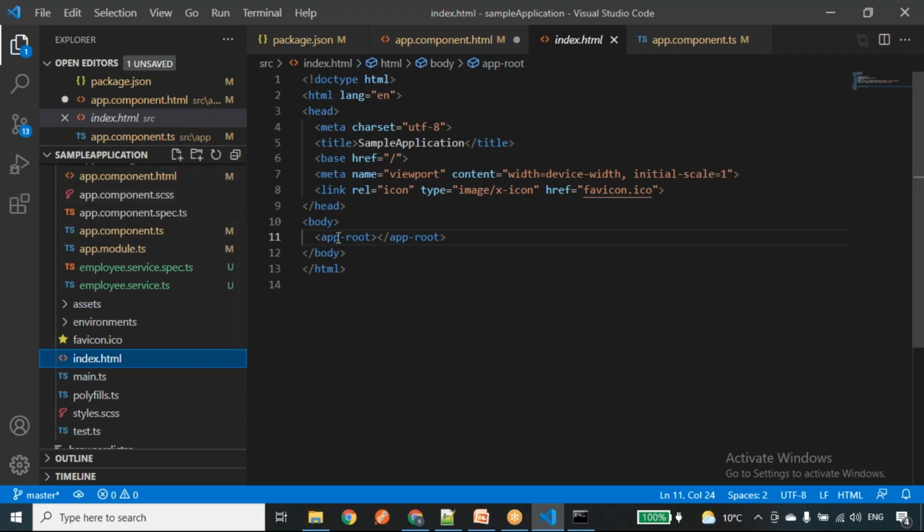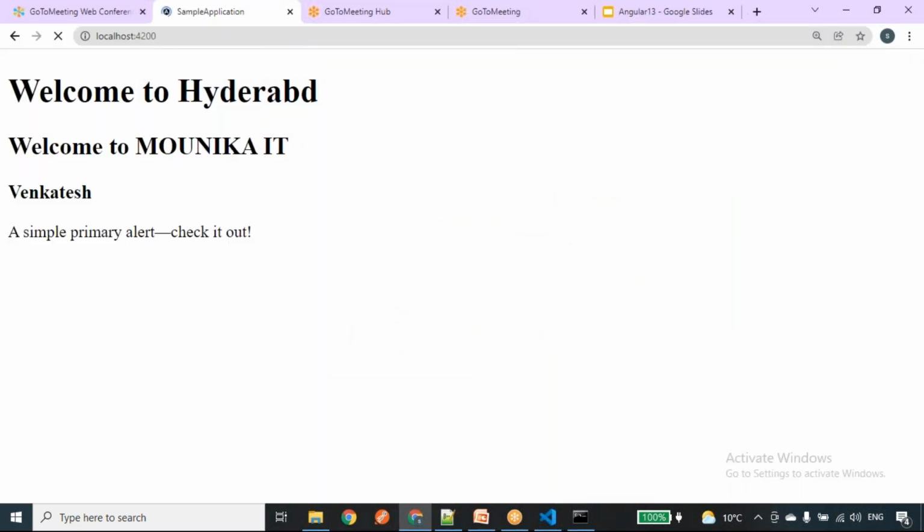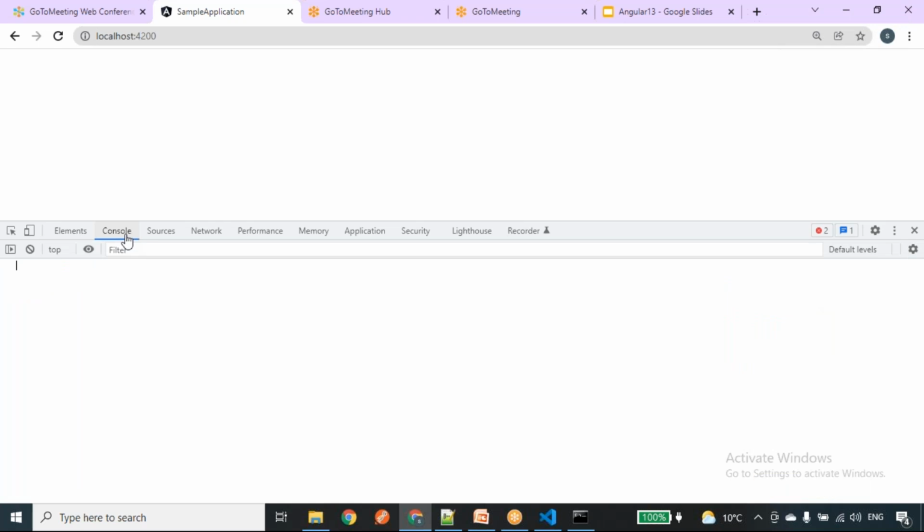For example, I will change this to apps-root. So now we can see the error. Let me save this one. Now let me go to the console by right clicking and clicking inspect.